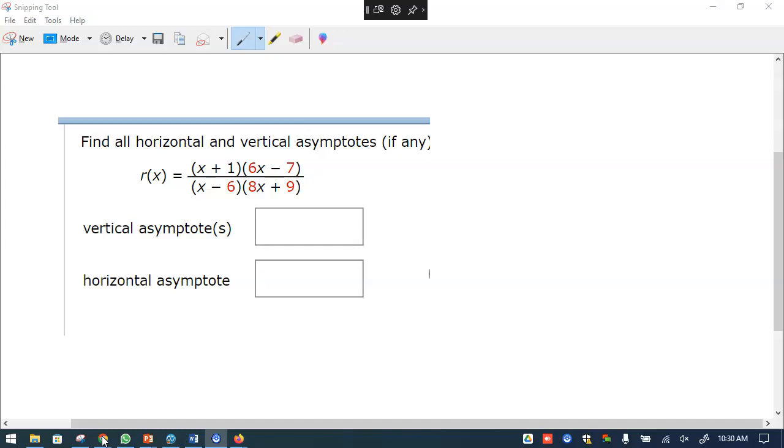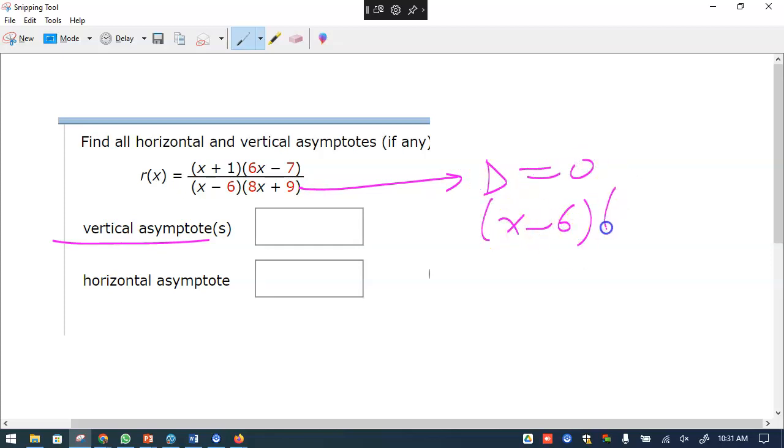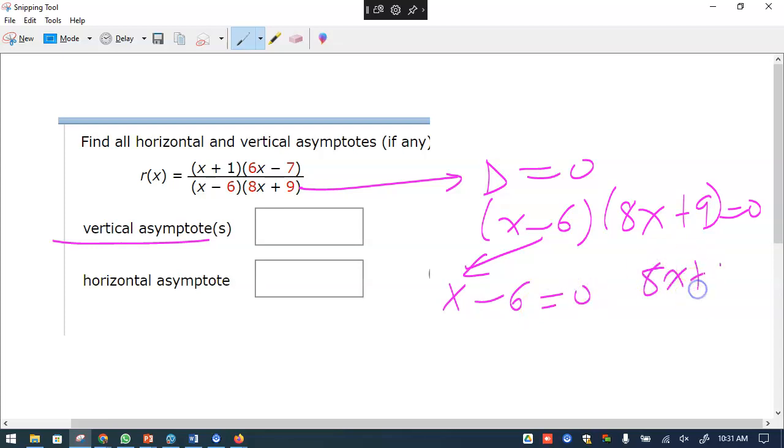Question is find the vertical. Sorry, this one is... in this example, they are only asking what is the vertical asymptote. So you just look up when the denominator is 0. The denominator is 0 when these two parts equal 0, and you can use the zero product property: either x minus 6 is 0 or 8x plus 9 is 0. You solve for this and you get minus 9 over 8 is one of them, and we add 6 and you can see that x equals 6